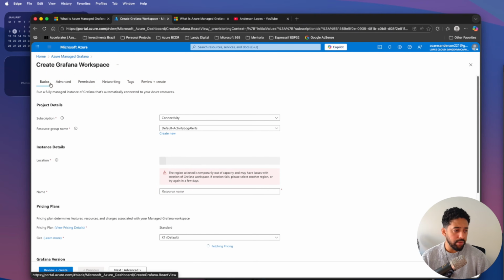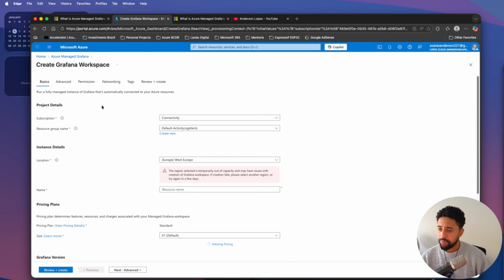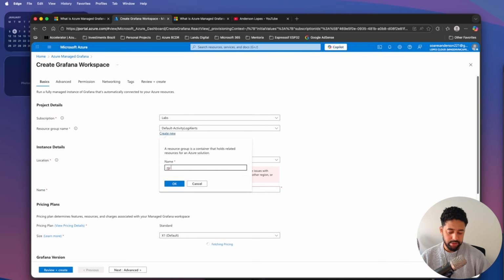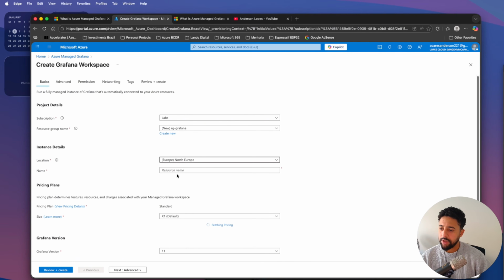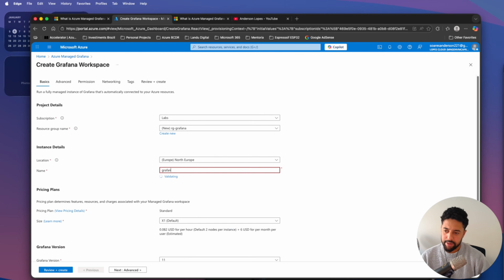Okay, it's very simple, the deployment. It doesn't take that long. And then you can choose the subscription. Let's select my laboratory subscription. I'm gonna create a new resource group, Grafana, very original name. I'm gonna hit OK. I'm gonna change the location and I'm gonna give a name, Grafana